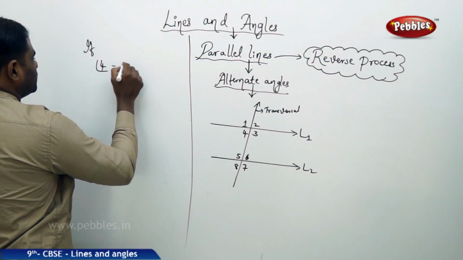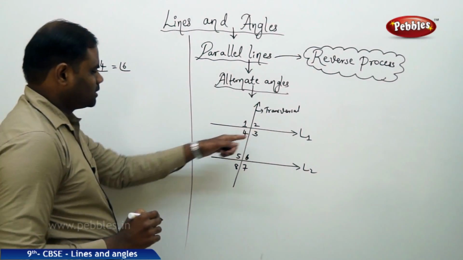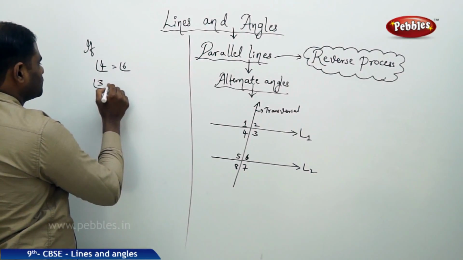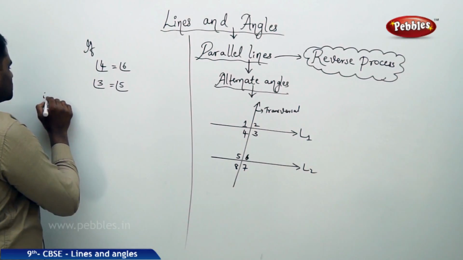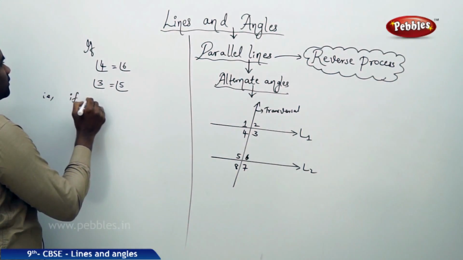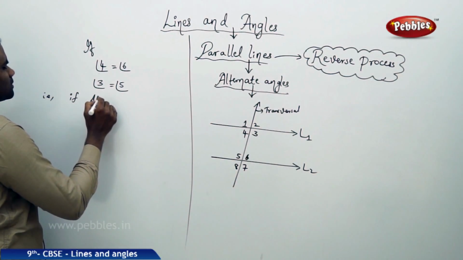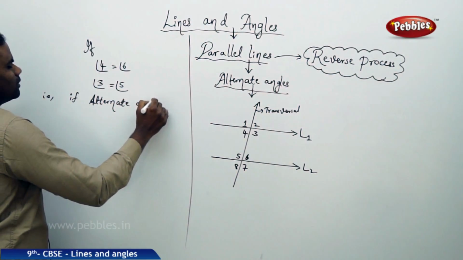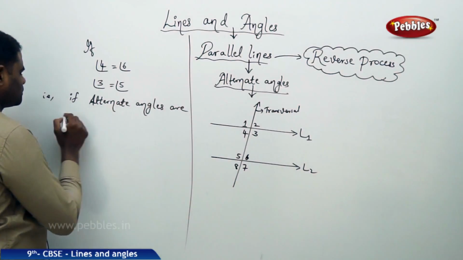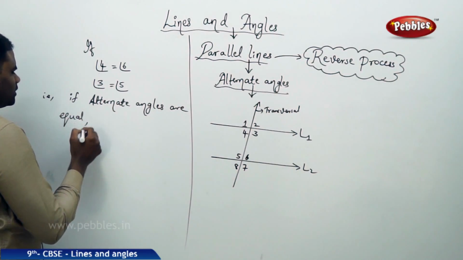If angle 4 equals angle 6 and angle 3 equals angle 5, that is, if alternate angles are equal,